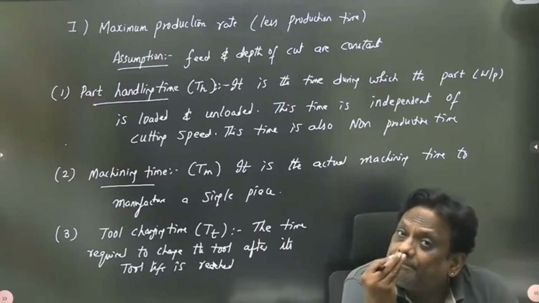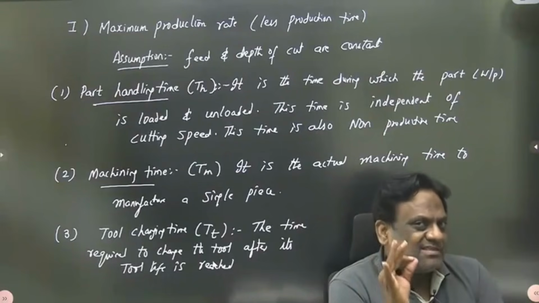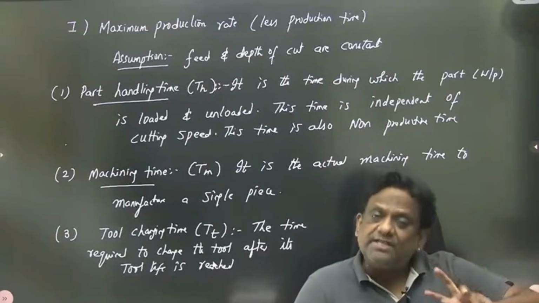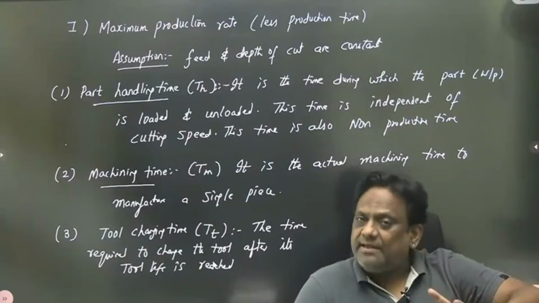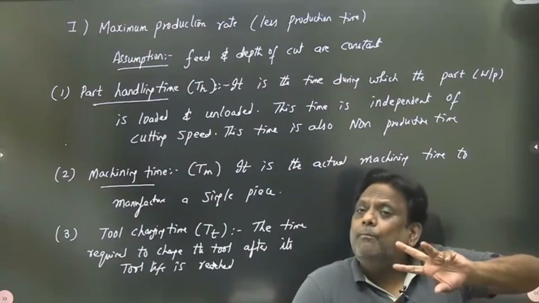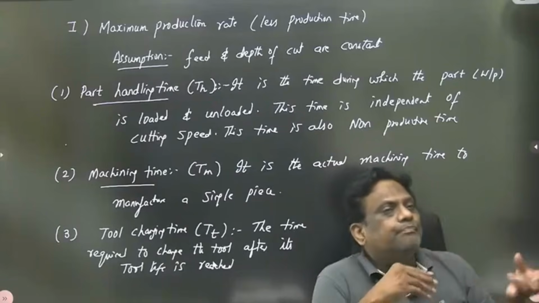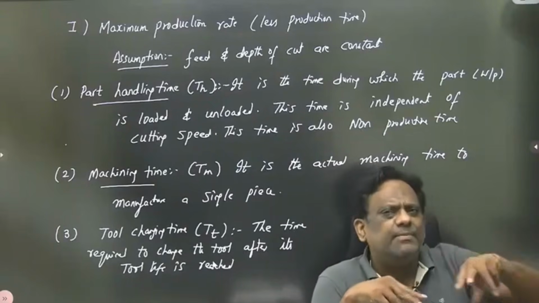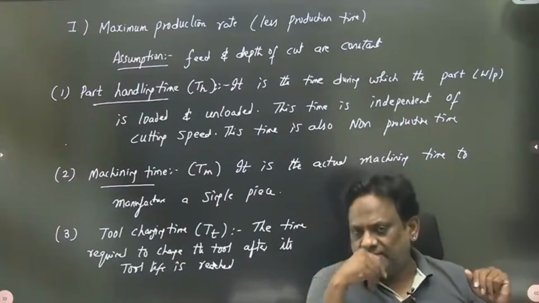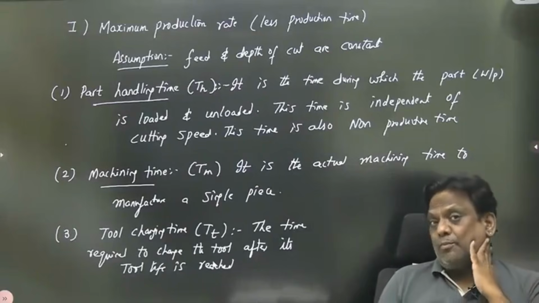There are three times. And I want to minimize this total time. So what is the total time? Total time is tool changing time, then machining time, then बोलो, part handling time. What do you mean by handling time? Loading, unloading. वर्कपीस को मशीन टूल पे सेट कर रहे हैं, सेटिंग टाइम भी बोलते हैं सर. ओके राइट. यहाँ पे there is one small problem sir.